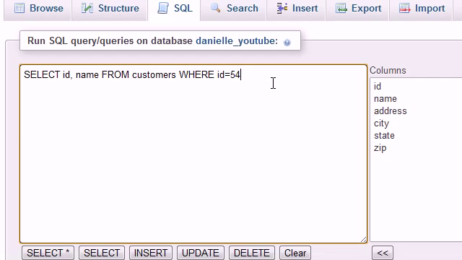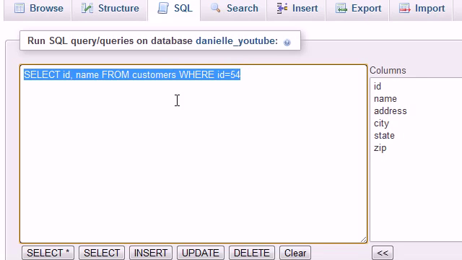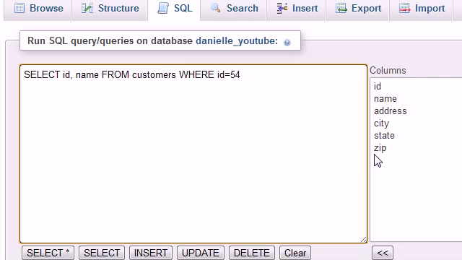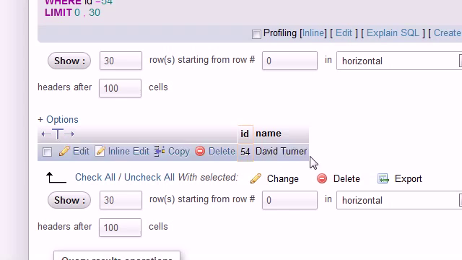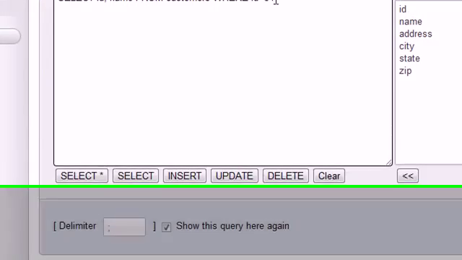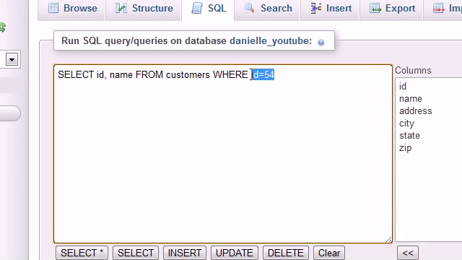The first condition is just this equal sign. You write the name of the column, and then you write what you want the results to be equal to. Since there's only one person with the ID of 54, it returns one result, the person with the ID and name, ID being 54. Now, I told you guys that there were several different conditions, one of those being the